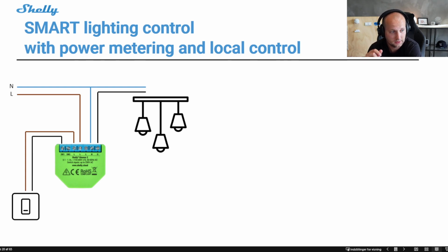But I'm using the second input quite differently. I'll show you in a while. By installing the Shelly dimmer like this, you just have a normal installation that can be dimmed down, and it's very easy to do. And it works completely locally without internet connection, without anything. You don't even need to add it to our app.